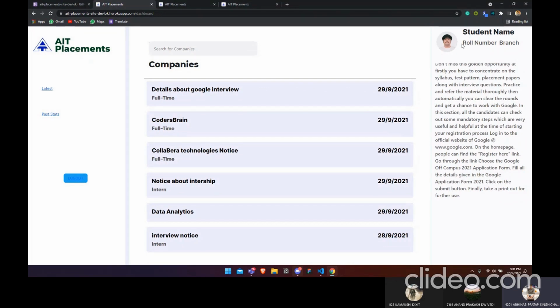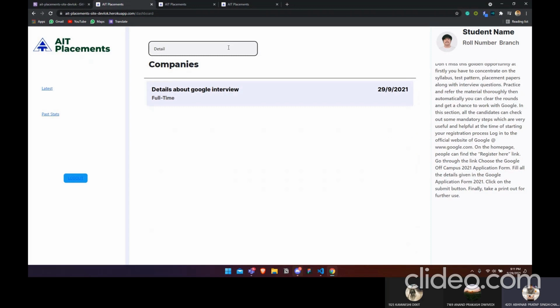The site is pretty simple, and we tried to make a search function which works very well, which will let you search through various companies if you are looking for a specific ideal company. Like if you're looking for Code Brainers, here they are. Isn't it amazing? We did everything about it.